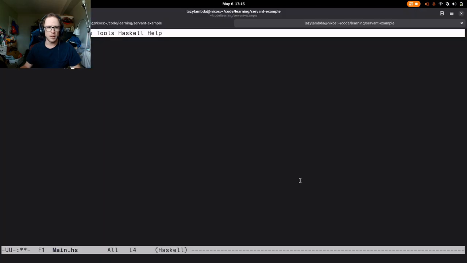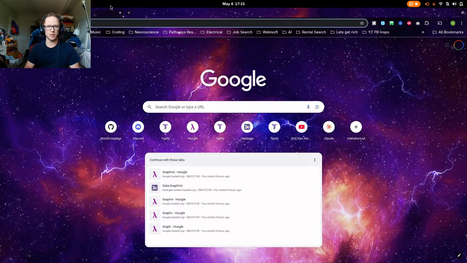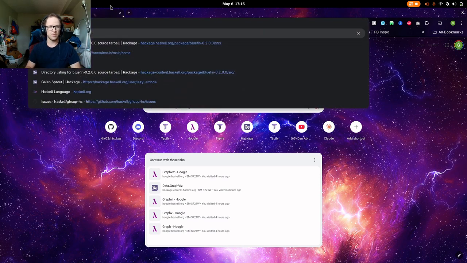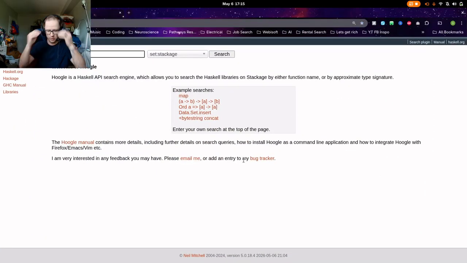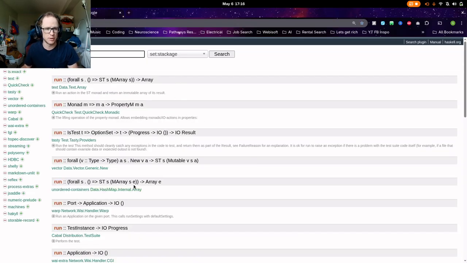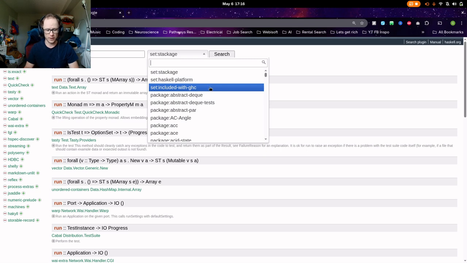Okay. So what I'm going to do is look at what Google tells me about this. Google is really all I will ever need. There are obviously nicer things coming in the future, like improvements to the Haskell language server, making it easier to basically be a local Google. But Google's awesome because I can just search, for example, run, and find it from the set of